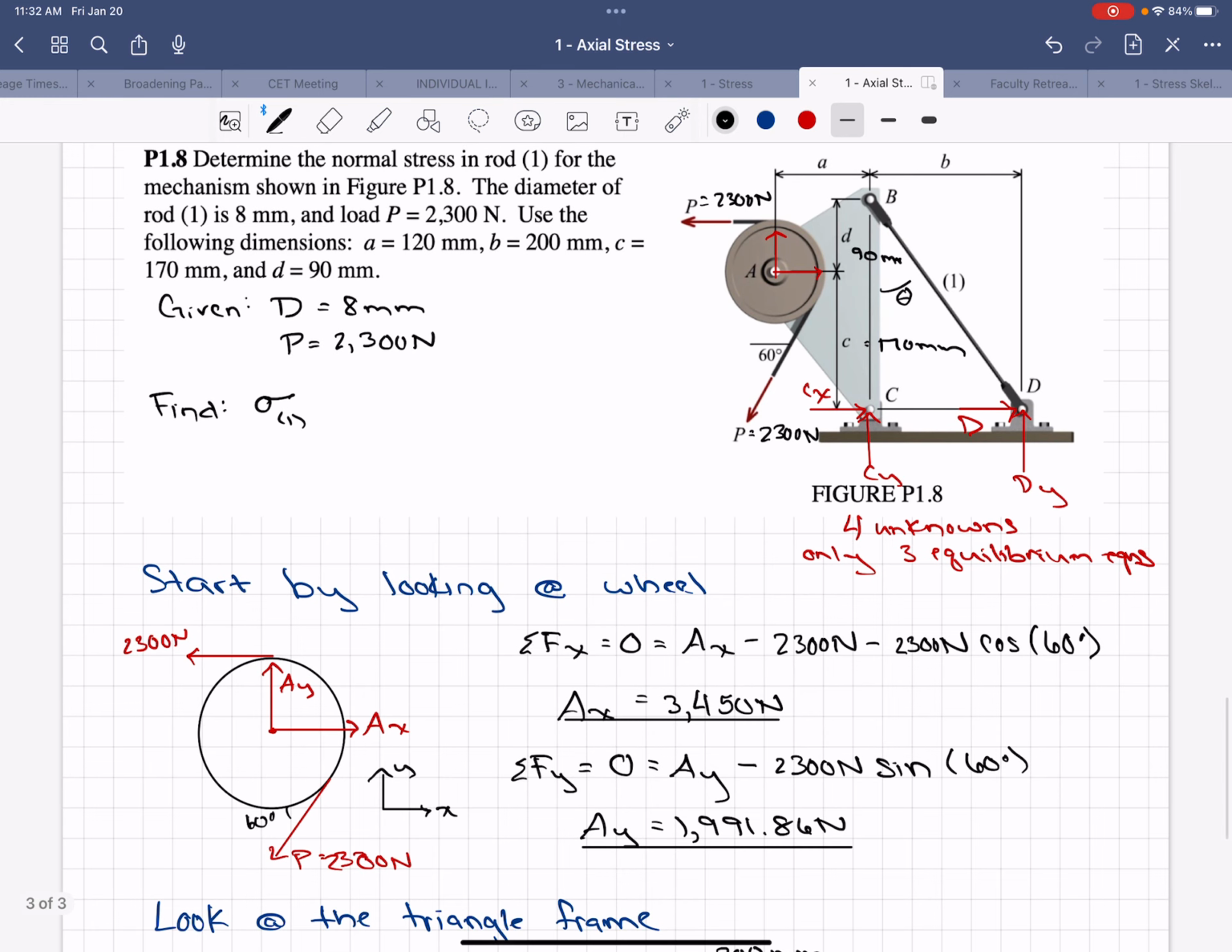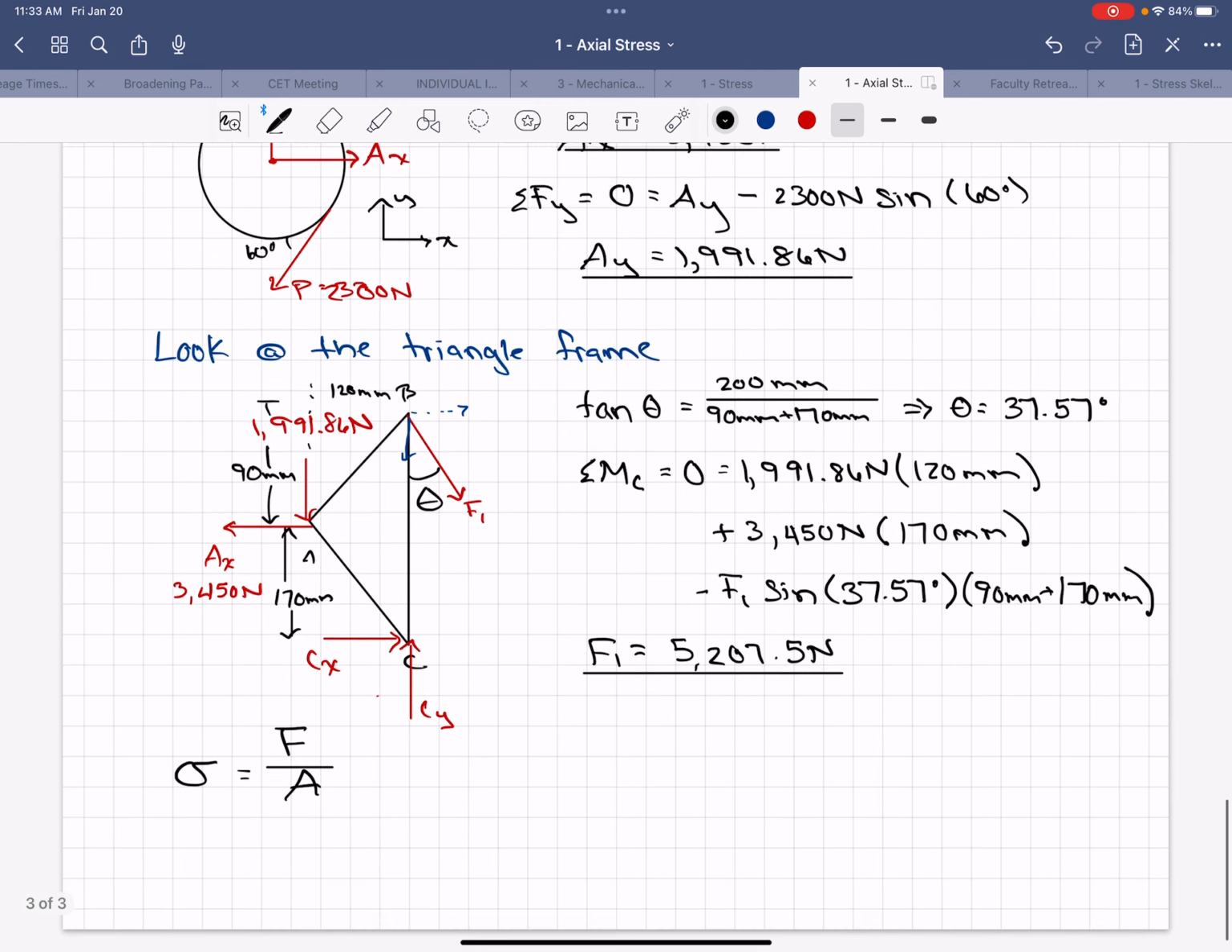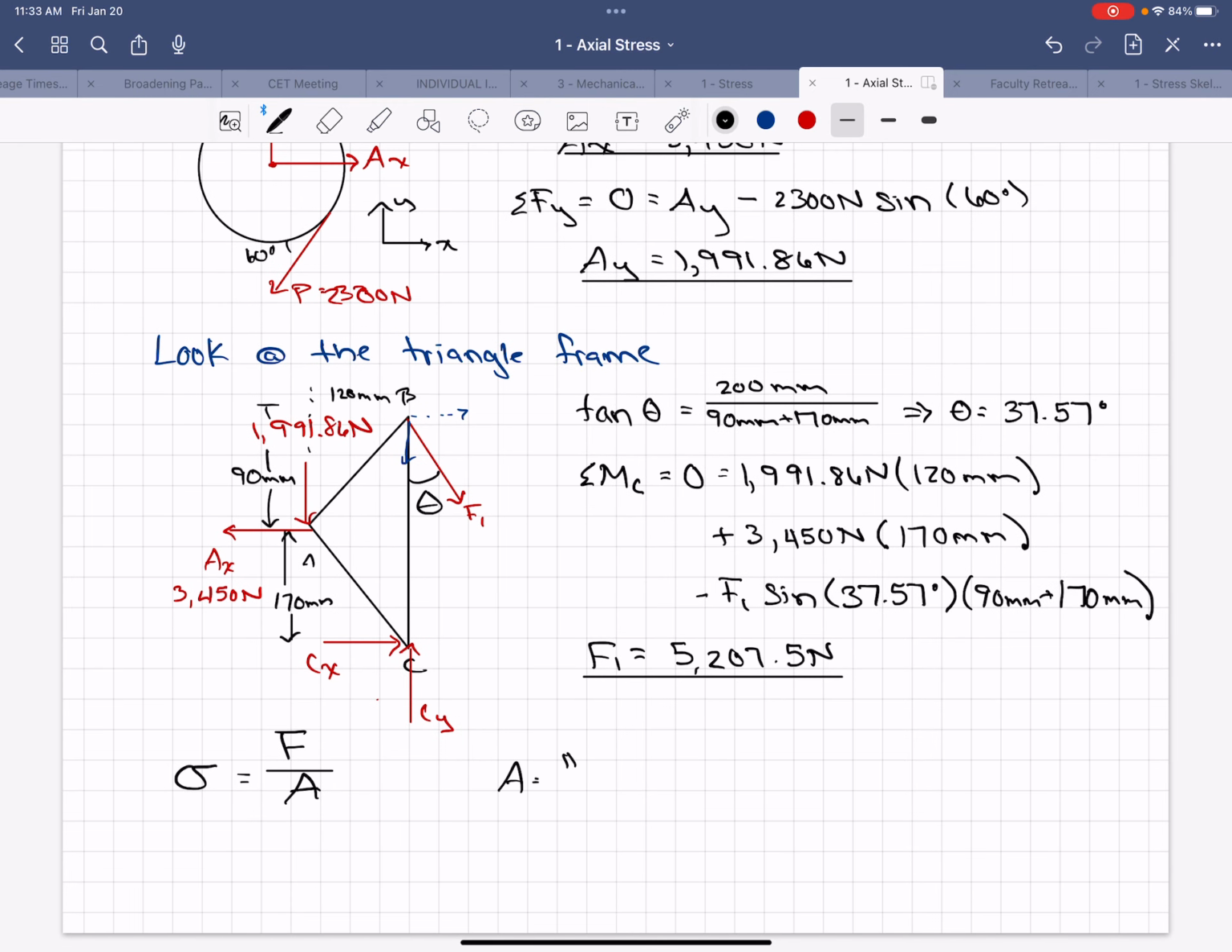bar, which will be, we'll use this diameter, so the area equals pi over 4 times the diameter squared, so that equals pi over 4 times 8 millimeters squared, and we get 50.27 millimeters squared. Then we plug that into the equation, we get sigma 1 equals the force we calculated, 5,207.5 newtons, all over the area of 50.27 millimeters squared,